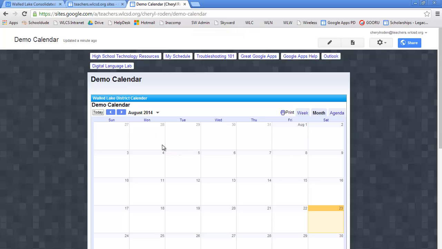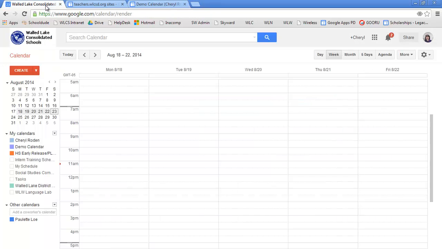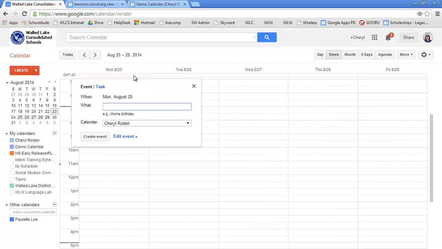To add an event to my calendar, I'm going to return to the Calendars tab where I created my calendar. I'm going to add an event. For a homework calendar, my suggestion is to make all-day events. This puts the event as a block as opposed to an appointment with a set up time. To do this,